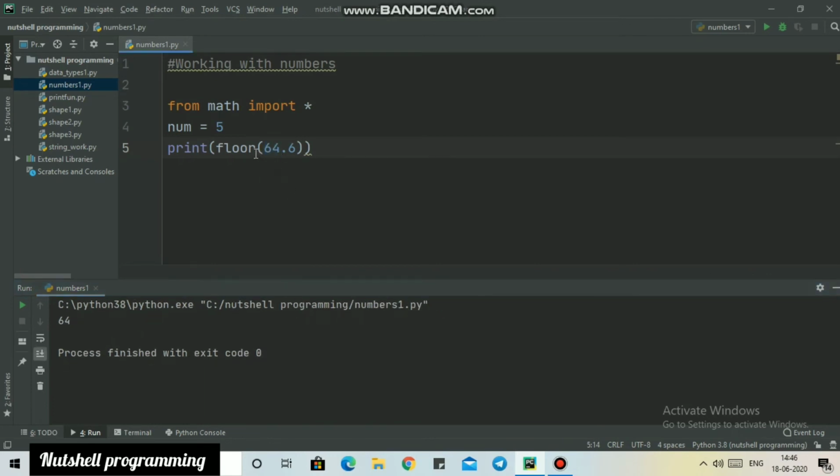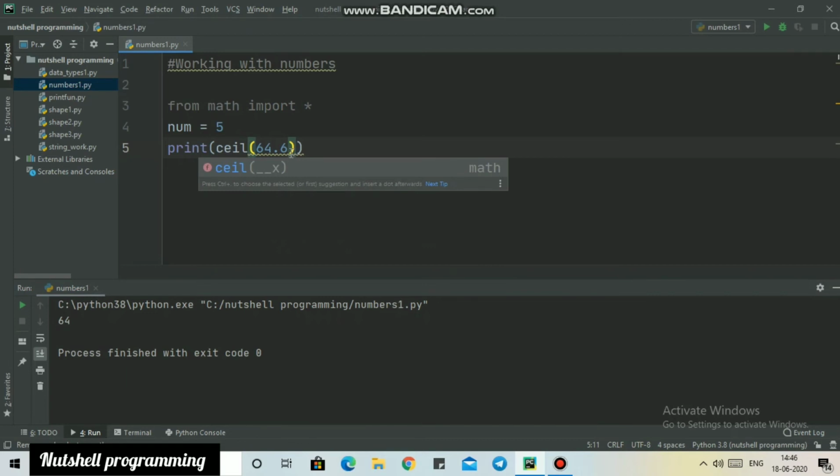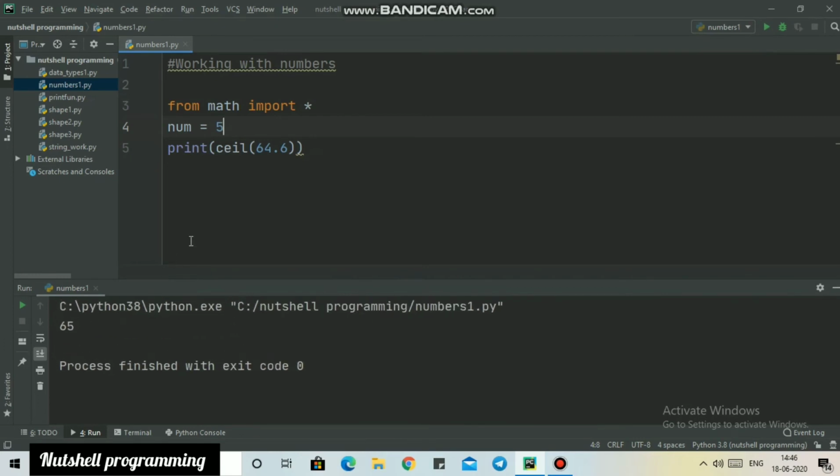I have an almost opposite function to floor. So I'm going to just remove this floor from here, and I will use the opposite function of floor, which is ceil, and then the value in the parenthesis. So I will run this program. You can see we have now successfully printed 65.